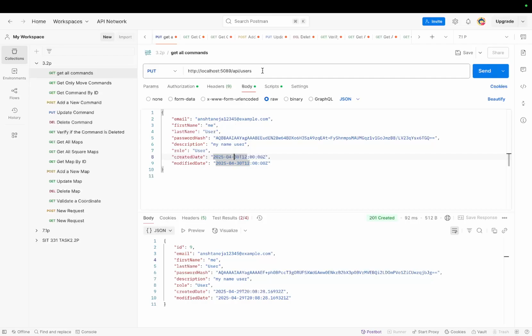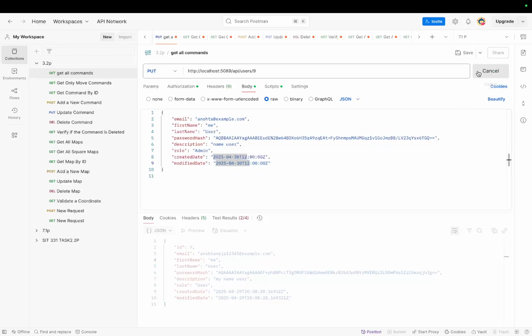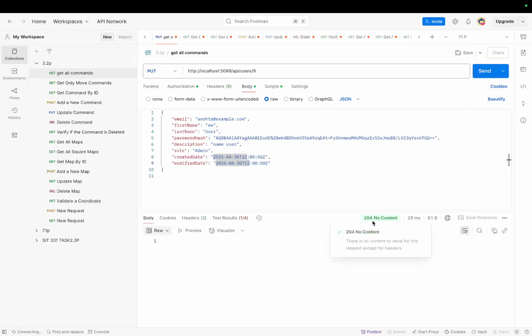If we want to make a PUT on this ID, I will put the ID as 9 here, and change the example ID to Ansh TA, and change my description to name user. Okay, now I will change the role to admin. Okay, now I will send this and check whether it will show success like here or not. See, no content, there is no